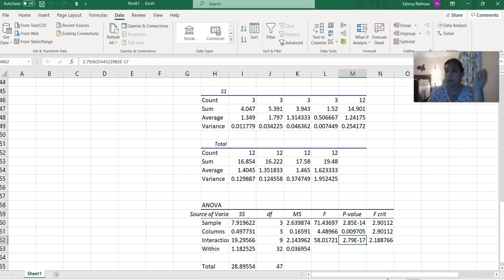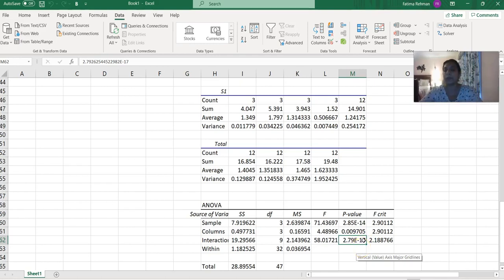So some grew while others died. If all of them grew or all of them died regardless of the treatment, then this would not be significant. The fact that this is showing significance